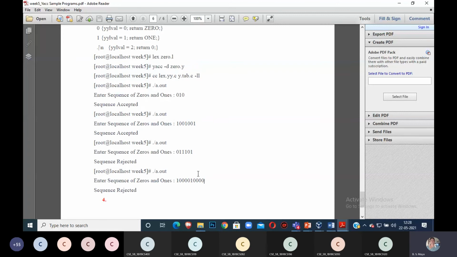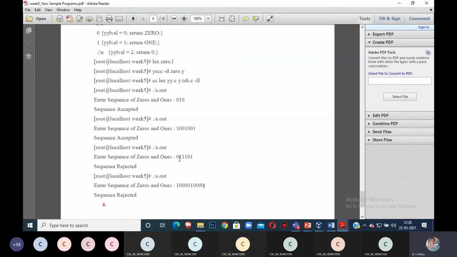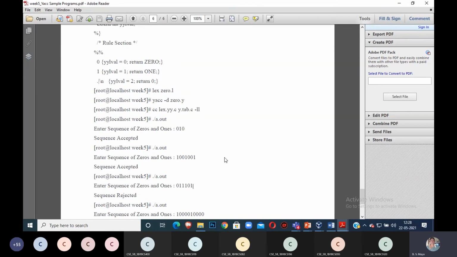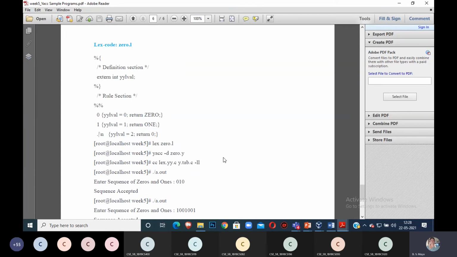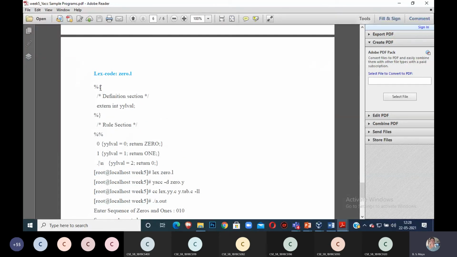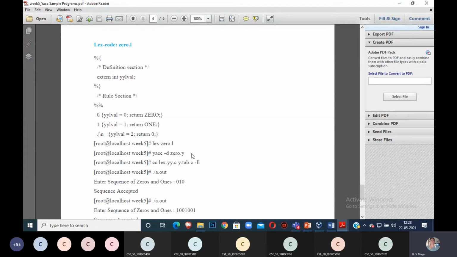This is my program. In this program, what are the tokens? Terminals. 0 and 1, ma'am. Very good. Tokens are 0 and 1. See, I am writing the Lex program. The Lex program is 0 and 1. This 0 and 1 I am returning to my program. Anything you give to the program has to return a numbering type.